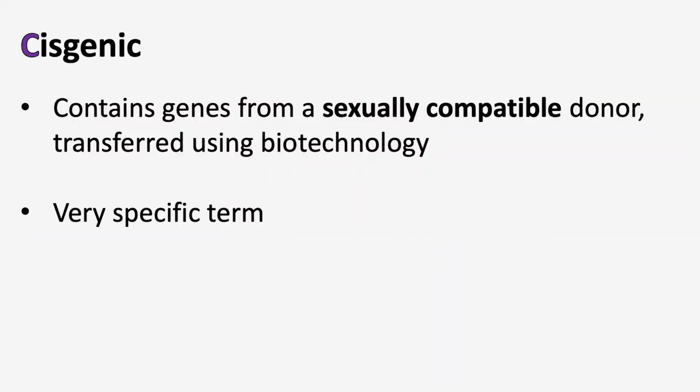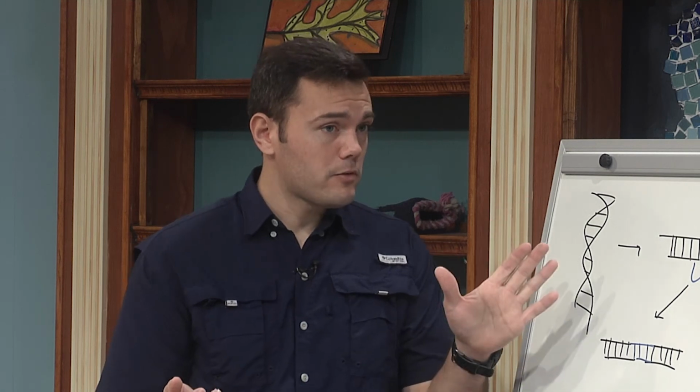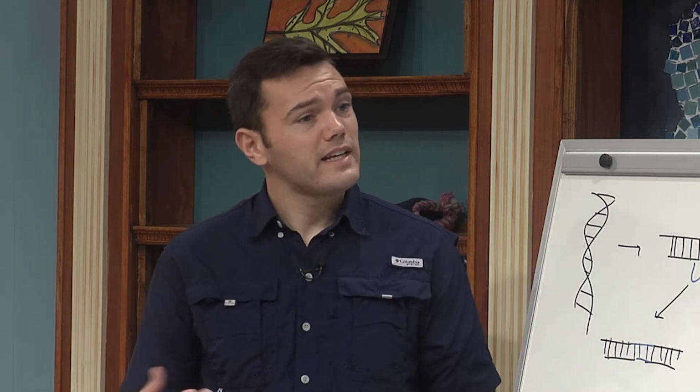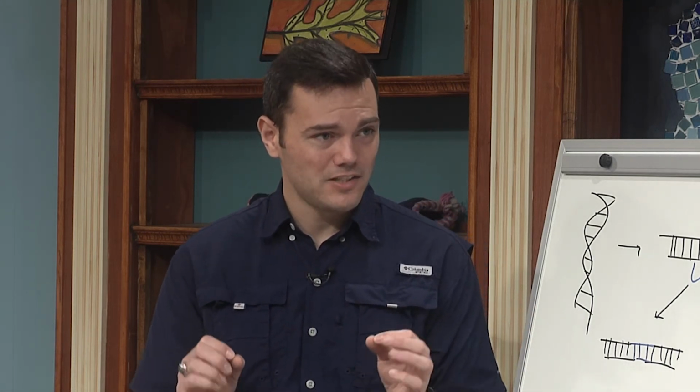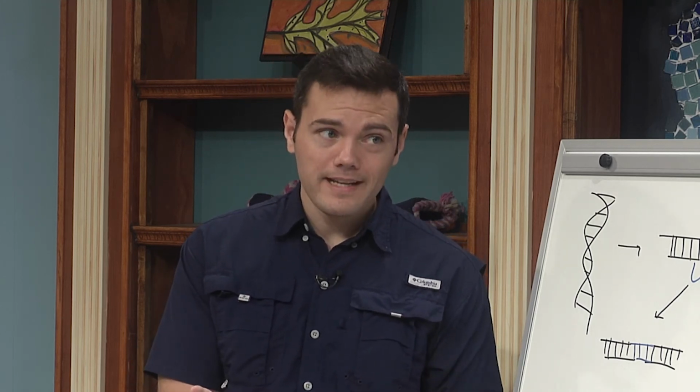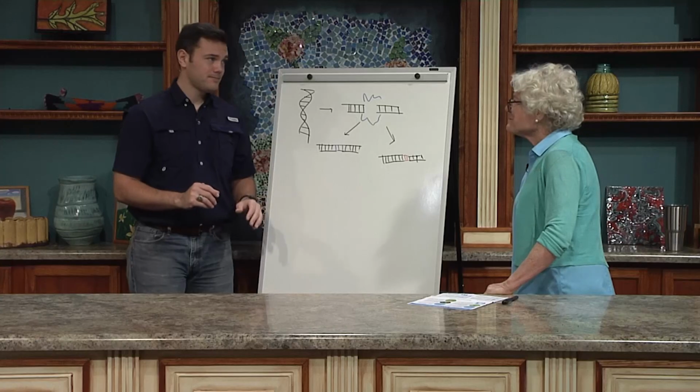Now, what is cisgenic? Cisgenic is sort of similar, but instead of using an unrelated species, we use a related species. So if I had a Honeycrisp apple, I love the taste, I love the texture, everything about it. I'm not so fond about how it grows. But I am fond about how Granny Smith grows. I can take a gene from Granny Smith apple and put it into Honeycrisp. Now they're both apples. I could cross them naturally, with cross-pollination. Or I could take a shortcut and remove exactly what I want and put it into the Honeycrisp. That's a cisgenic change. So cisgenic means that it was created through biotechnology. However, it does not contain genes from an unrelated species.